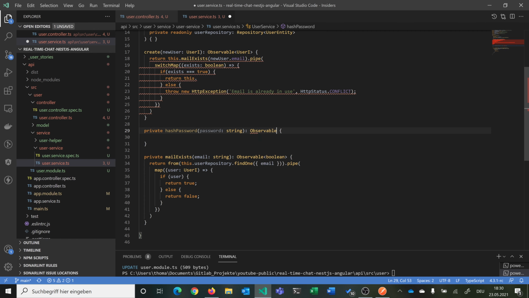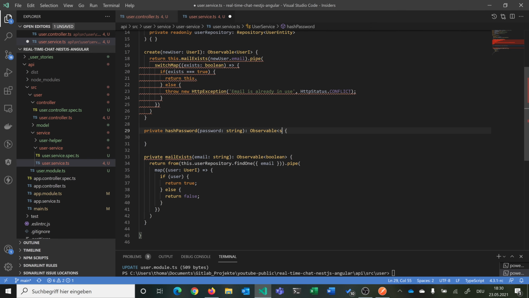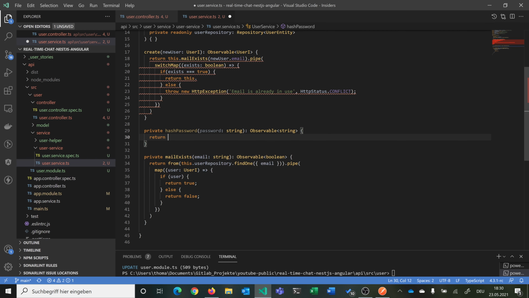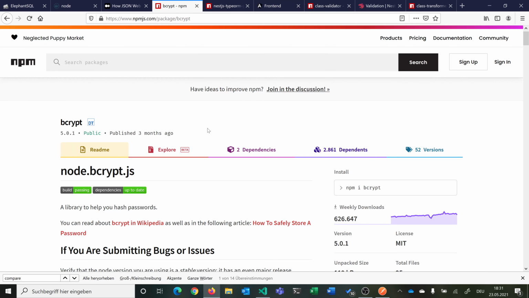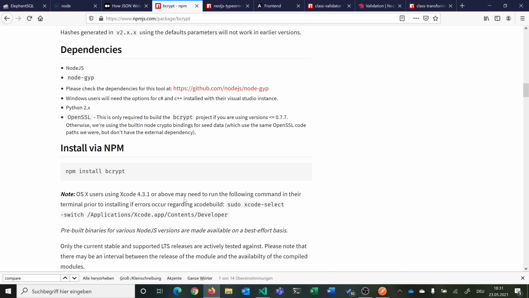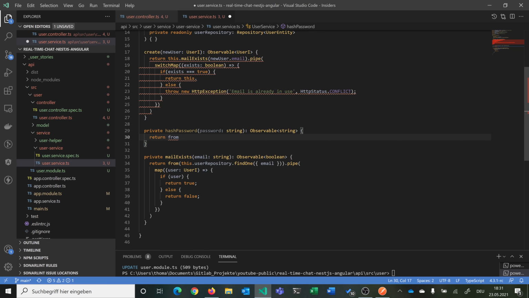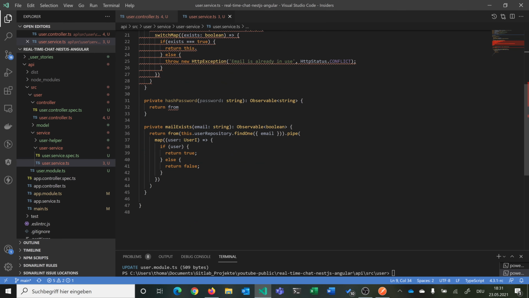And we also want to return an Observable of type string, because this is then the hash. And here we simply want to use bcrypt. So let's check this here. So we get bcrypt, then we